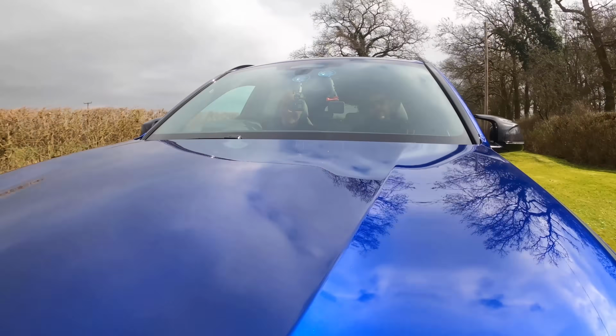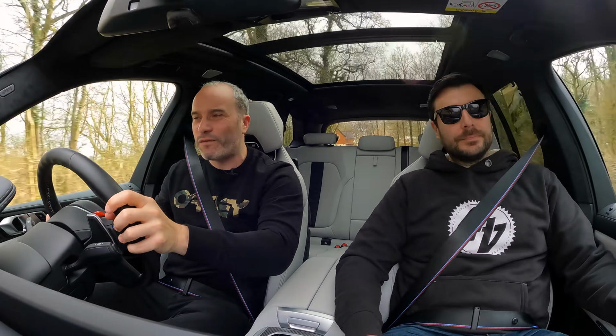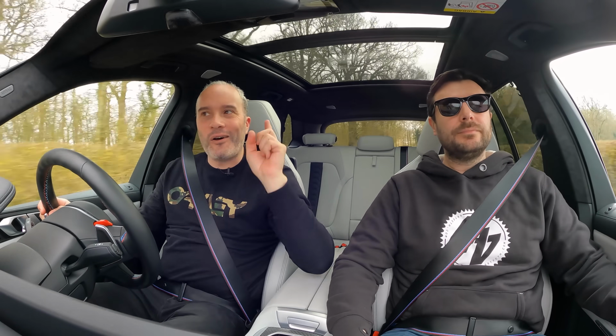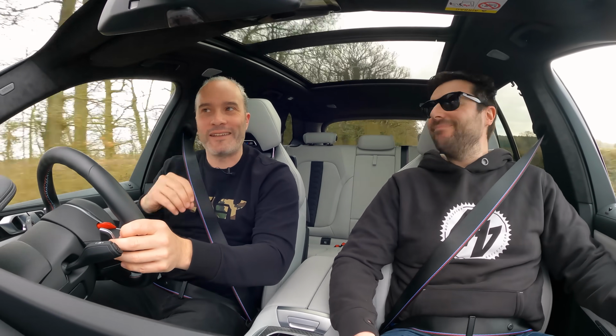Now, there's no denying that this car is fast, and it does things on the road that just defy its size. And it sounds good, but a lot of that is fake sound being piped around the cabin. It's fairly authentic sounding, but once you know it's fake, it kind of does bug you a little bit. And most importantly, when you come off the throttle, you don't get your...